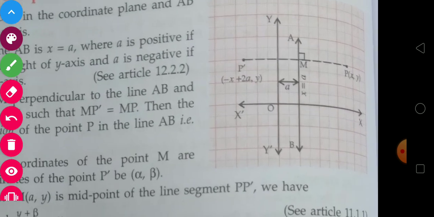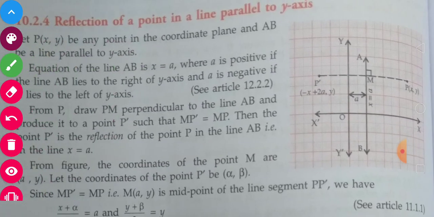Next is reflection of a point parallel to the y-axis. So now we have this AB, which is parallel to the y-axis. Same system. The only thing is that it is along the y-axis. Let this length be a. So if this is a, again my point here is P, x comma y, its image P dash. Let us assume again that it is equal to alpha and beta. Okay, and then this length is a, this length is again a, and assuming that the midpoint is M